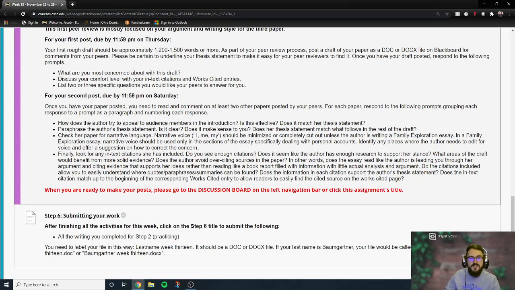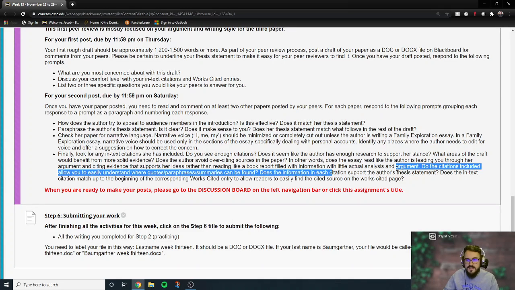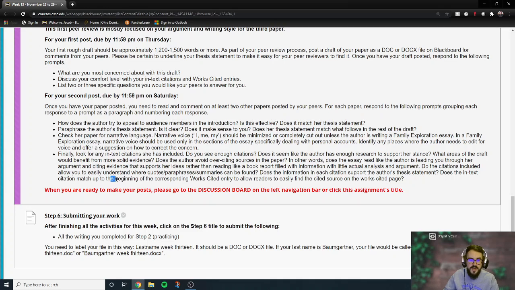Do the citations included allow you to easily understand where quotes and paraphrases and summaries are included in the paper? Does the information in each citation support the author's thesis statement? Does the in-text citation match up to the beginning of the corresponding works cited entry to allow readers to easily find the cited information on the works cited page? So in other words,